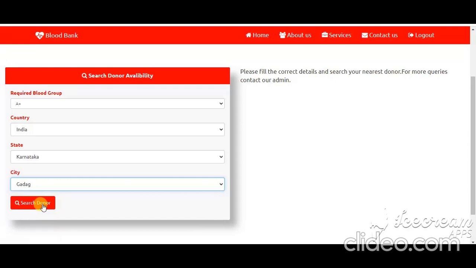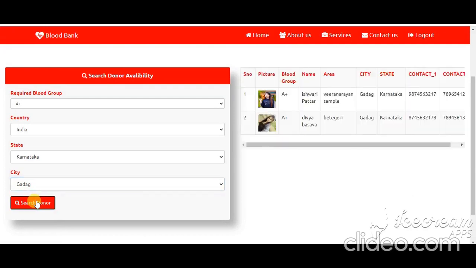Now we are searching for a blood donor in the Gadag city area, and now click on Search Donor. Now the donors available in Gadag city are displayed. Based on their details given, you can contact them and request blood.